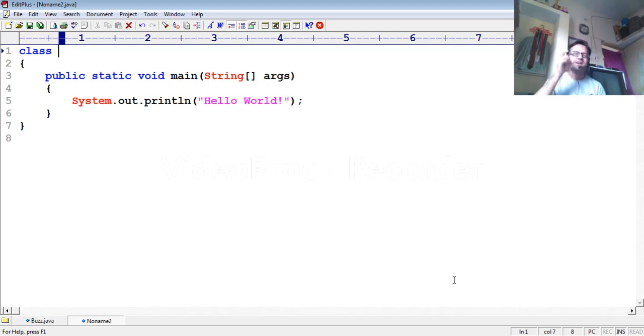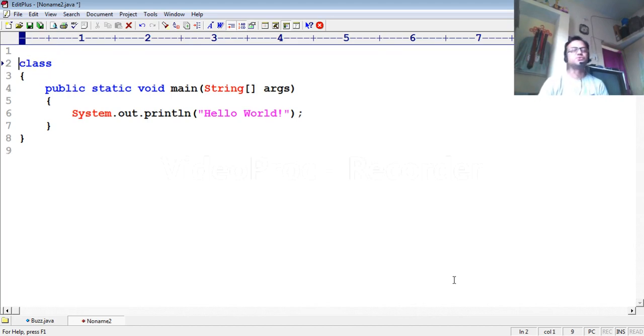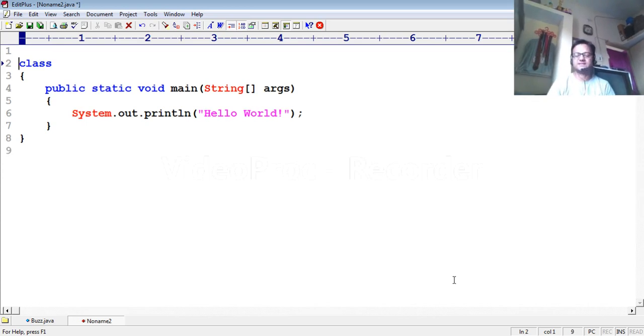So I'm going to perform this operation in Java with the help of the Scanner class. The first thing you have to do when using the Scanner class is to import the package java.util.Scanner. After that, declare a class: the class keyword and the name of the class. I'm going to use the class name automorphic, then open a curly bracket. After that, the main method declaration. Many times you have already used it, so you know how to write this code.